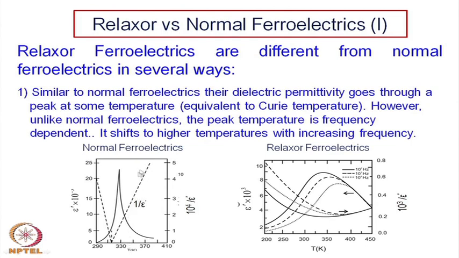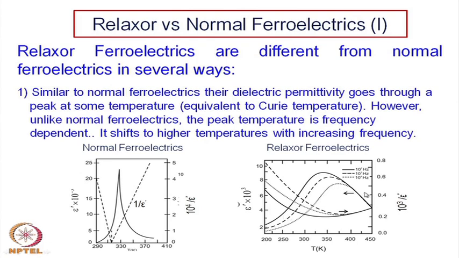This is of course 1 by epsilon prime, a straight line, whereas here this also goes through a peak, but one can see the distinction between this peak and this peak. This peak is very sharp and this peak is a broad peak,